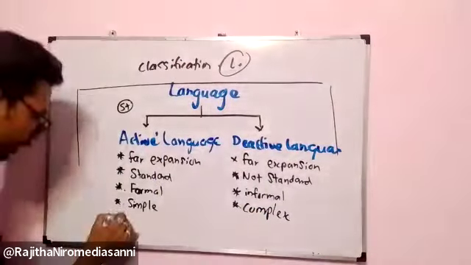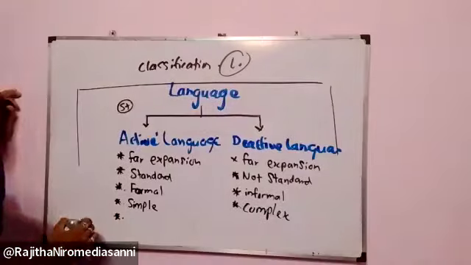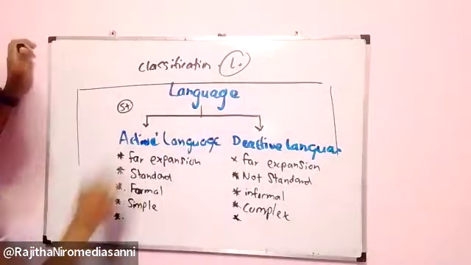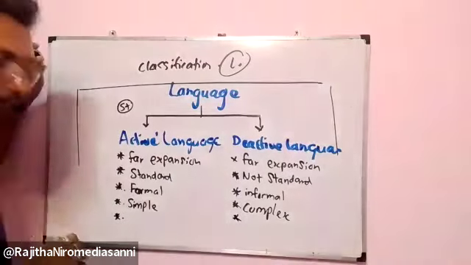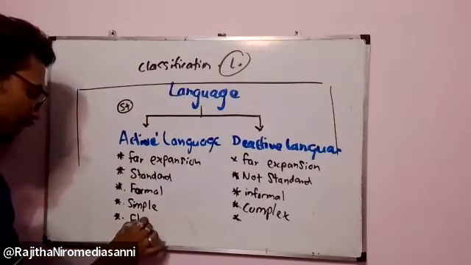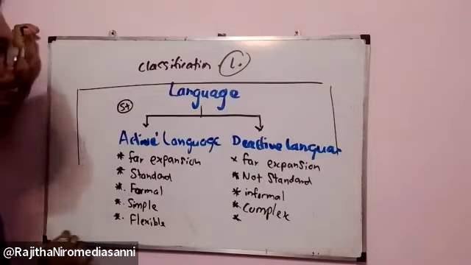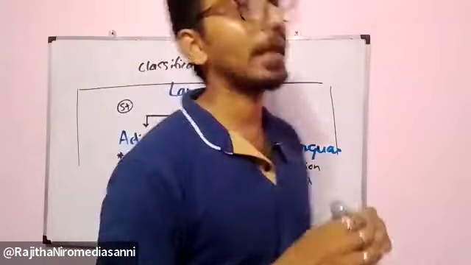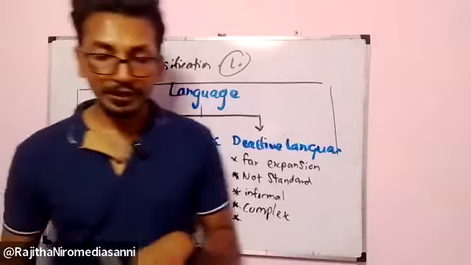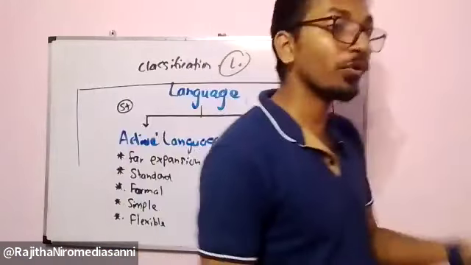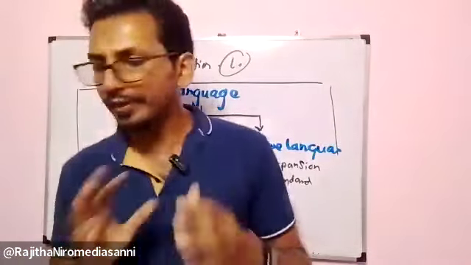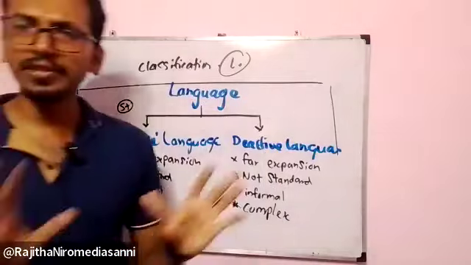Right. Now the next thing, next for the active languages and next for the deactive languages. This type of language is very flexible. Why? We can use it for writing, for reading, for performance and some supportive factors. That's why it becomes very flexible. Anytime, anywhere, anything, we can use it, no problem.